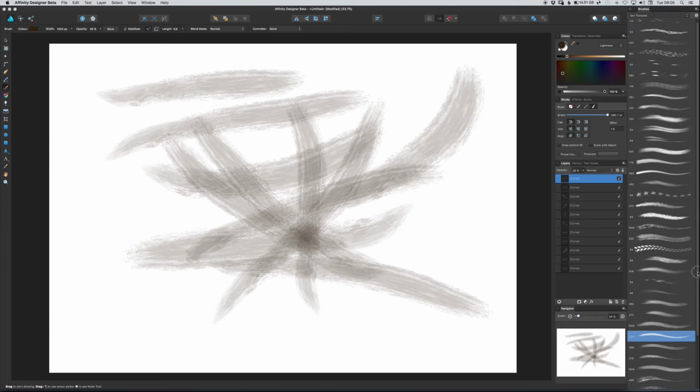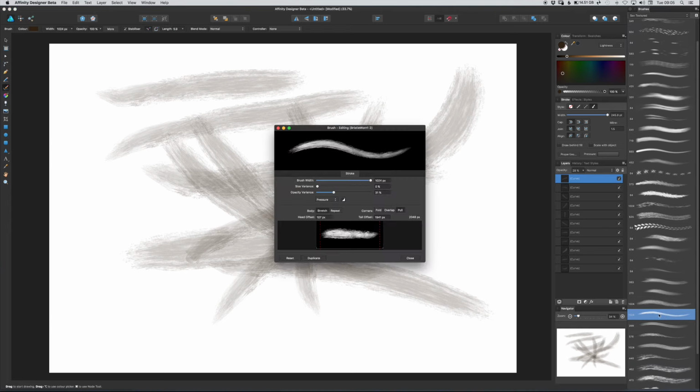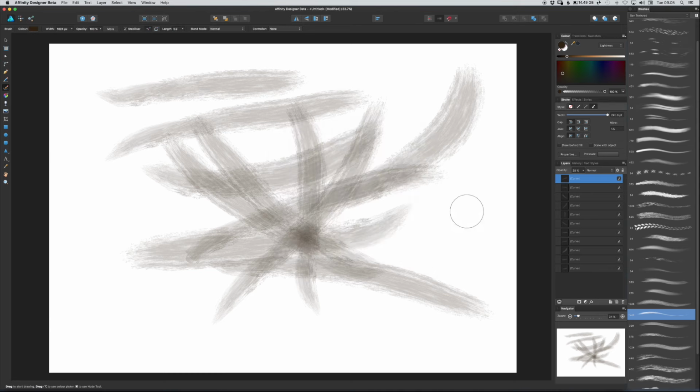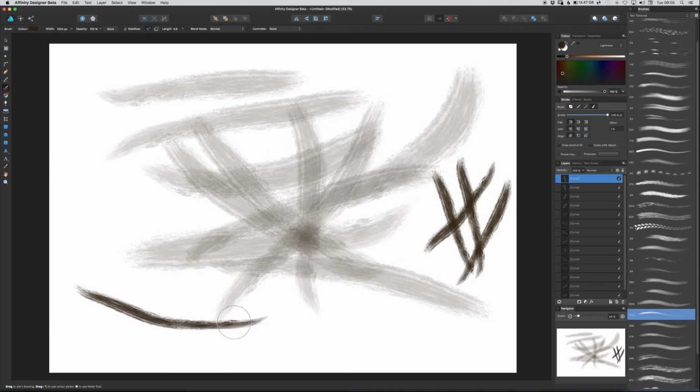It's not as much as pixel brushes, but if you double click on the brush, this is the panel that you get to edit with. Got various options there, but these here, size variance and opacity variance. I paint, but nothing's happened. There's no size or opacity variation, and that's because if we go up here,